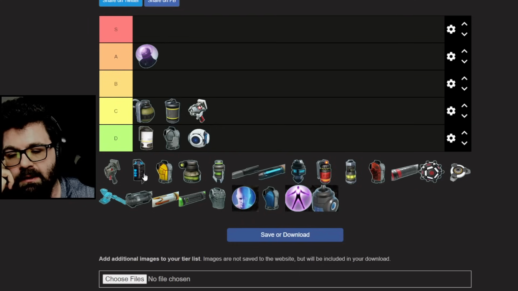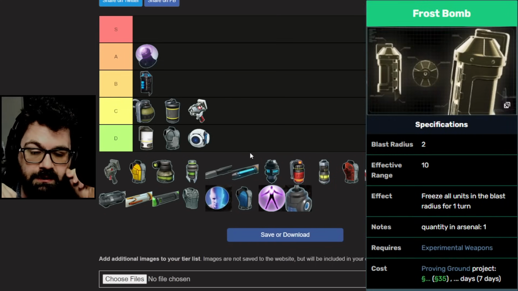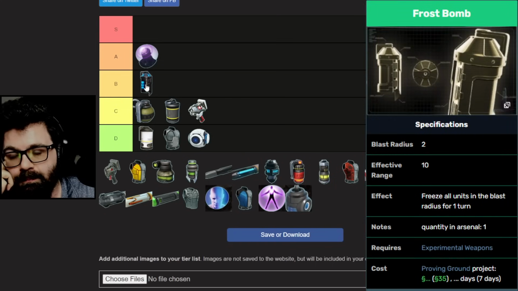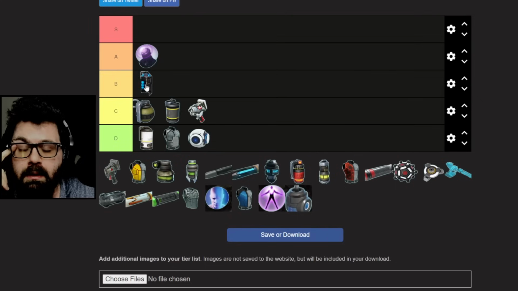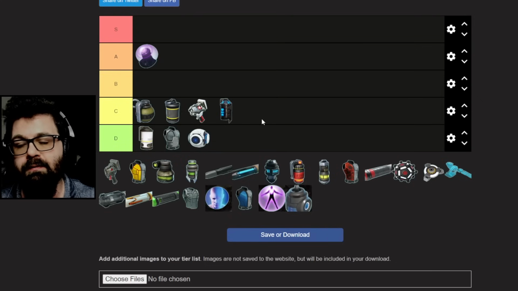And then you get Frostbomb pretty early. Yeah, this is with the DLC though. So if you have the Alien Rulers DLC, you can get the Frostbomb. Freezes an enemy, well, anyone caught in the AoE, for 1 turn. So if I can't deal with the last remaining enemy, which is what usually happens before I decide to use it,